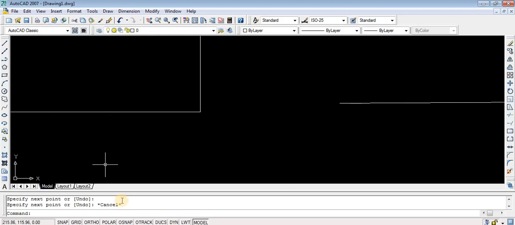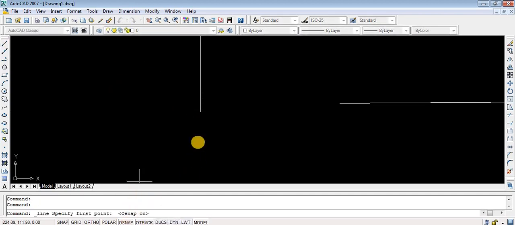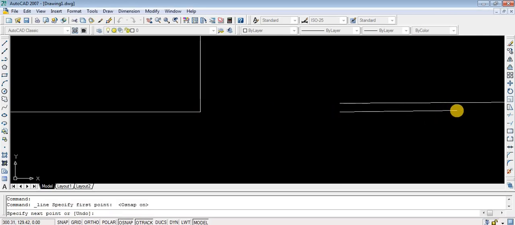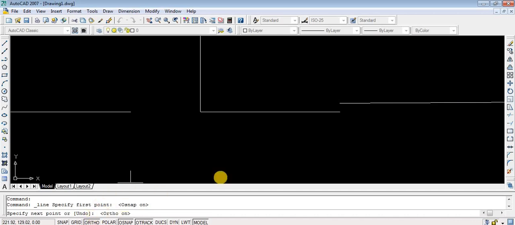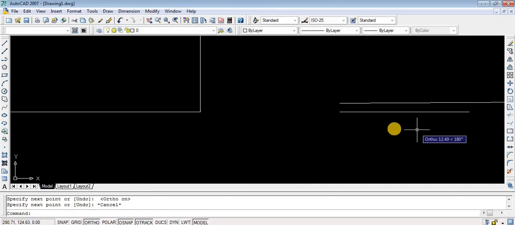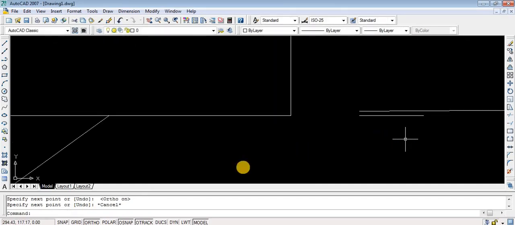So in order to avoid that, you have to use this function, O track, then select this and select this O snap. Now you can find this end point. Now it is tracking that same position. From here you can draw this line. So if you want to draw a straight line, press ortho like this, escape. So I hope you understand the difference between ortho and ortho tracking and object snap.